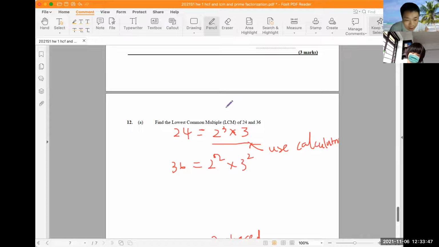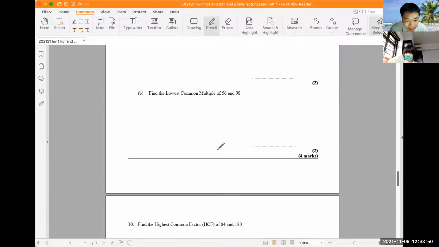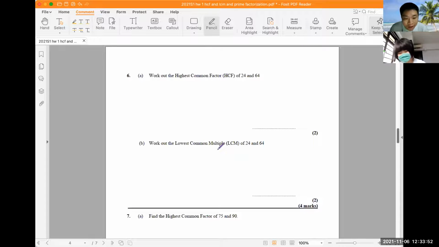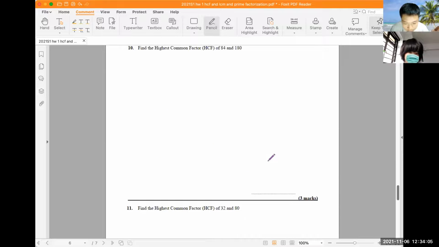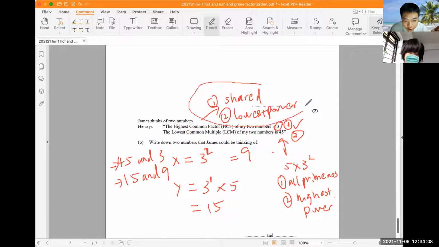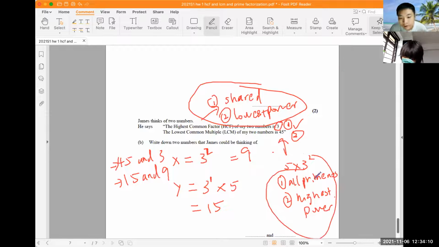After looking at your answers for this assignment 1, I feel that you have a good grasp of the topic of prime factorization and of course HCF and LCF. But of course you need to memorize the definition, how you can find the HCF and LCF, and how it is applicable to our life. We talked about it last week. Let me switch to today's